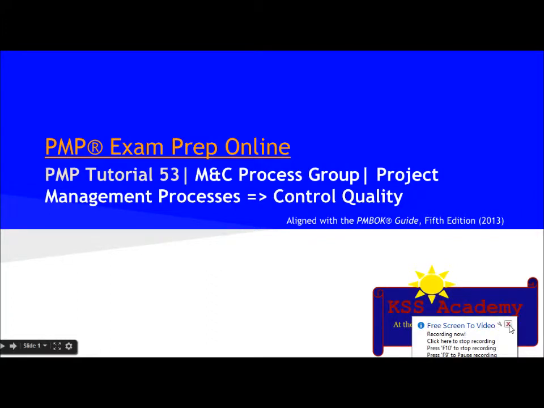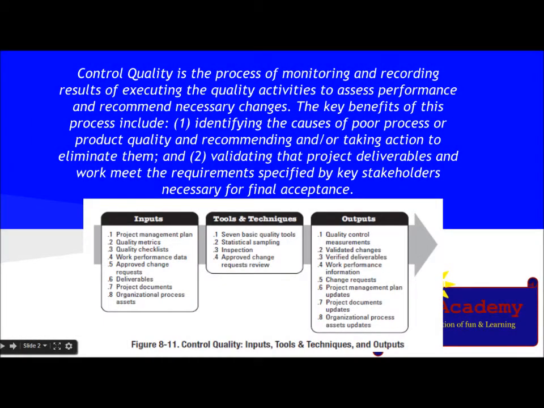Hello people, today we are going to start with the Control Quality process under the monitoring and controlling process group. So let's see. Control Quality is the process of monitoring and recording results of executing the quality activities to assess performance and recommend necessary changes. The key benefits of this process include identifying the causes of poor process or product quality and recommending and/or taking action to eliminate them, and validating that project deliverables and work meet the requirements specified by the key stakeholders